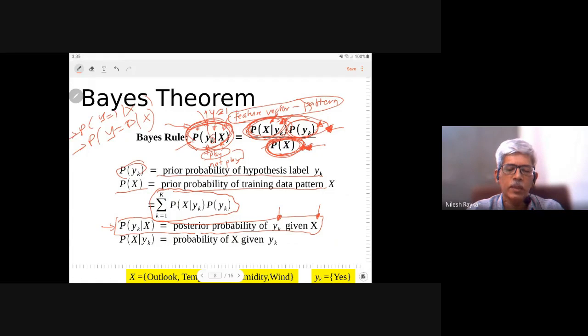So when we are using this Bayes theorem in our calculations, we need to know only numerator values. If you know what is the probability of having a certain pattern when somebody plays tennis, and what is the probability of playing tennis itself, then we can calculate what is the probability of playing tennis when that pattern is existing. So that is the way this particular thing works.